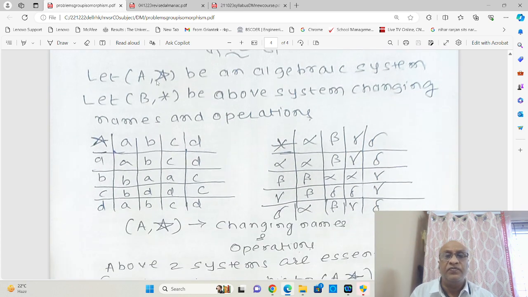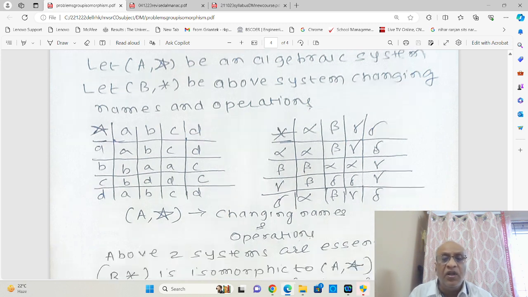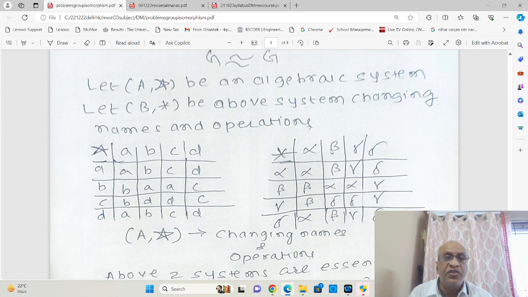Say for example here, A is an algebraic system with star as a binary operation. B is an algebraic system with this star as a binary operation. So we have taken this composition table for the elements A, B, C, D, some operation being performed. But what operation here? The binary operation is star. Now what we are doing is, from this we are deriving this. How? By changing the name. So this star is replaced with this star. A, B, C, D are replaced with alpha, beta, gamma, delta. So by changing names and operations,